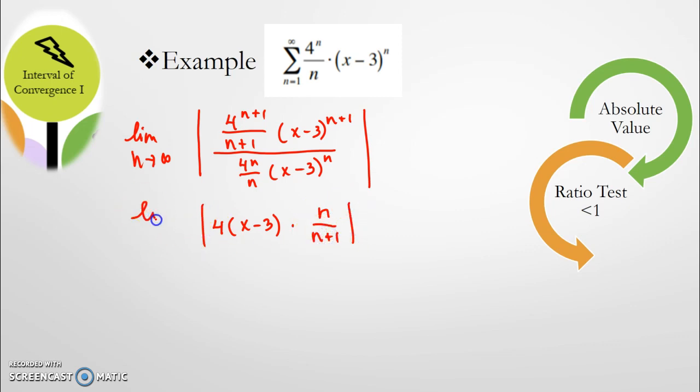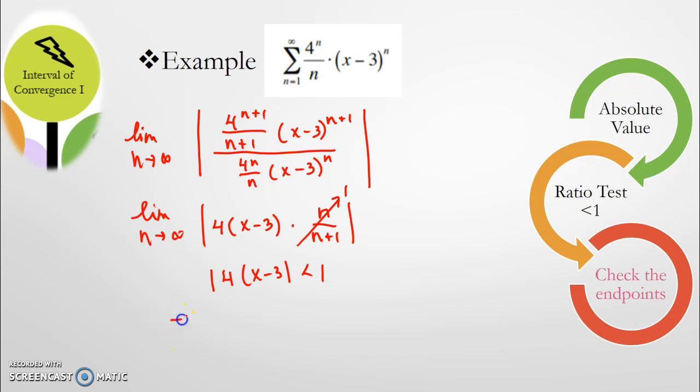And we're doing the limit as n goes to infinity of that, and as n goes to infinity, n over n plus 1 is going to go to 1. You could use end behavior, you could use L'Hopital to get there. And so we have the absolute value of 4 times x minus 3 has to be less than 1. Then we're going to set that up as an interval. So we have 4 times x minus 3 is between negative 1 and 1. So we would divide by 4, so we have negative 1/4 is less than x minus 3 is less than 1/4, and then we'd add 3, so we have